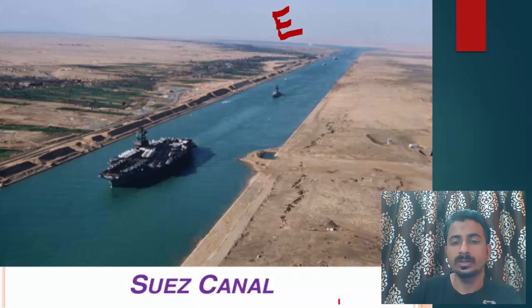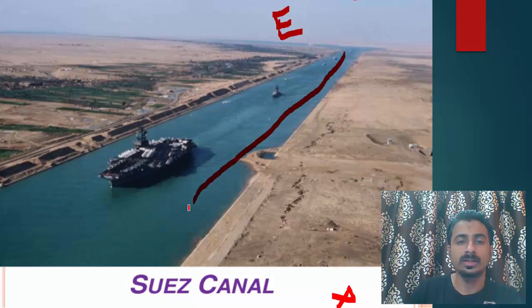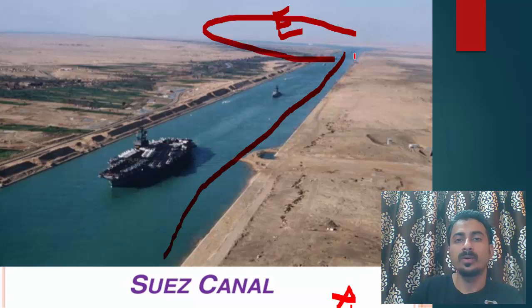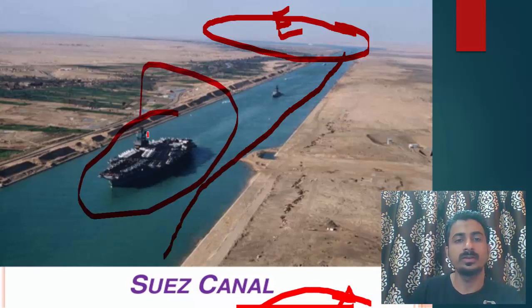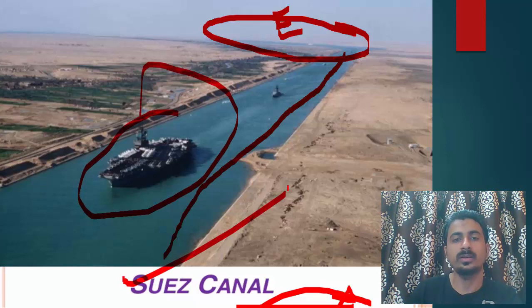You can see how canals are made. Suppose this is Europe and below is Asia. So this water body is connecting Europe and Asia, and this is a big water body, and here, which is not shown, is also a big water body connected by a canal. You can see the ships are moving. So this is the importance of the Suez Canal.